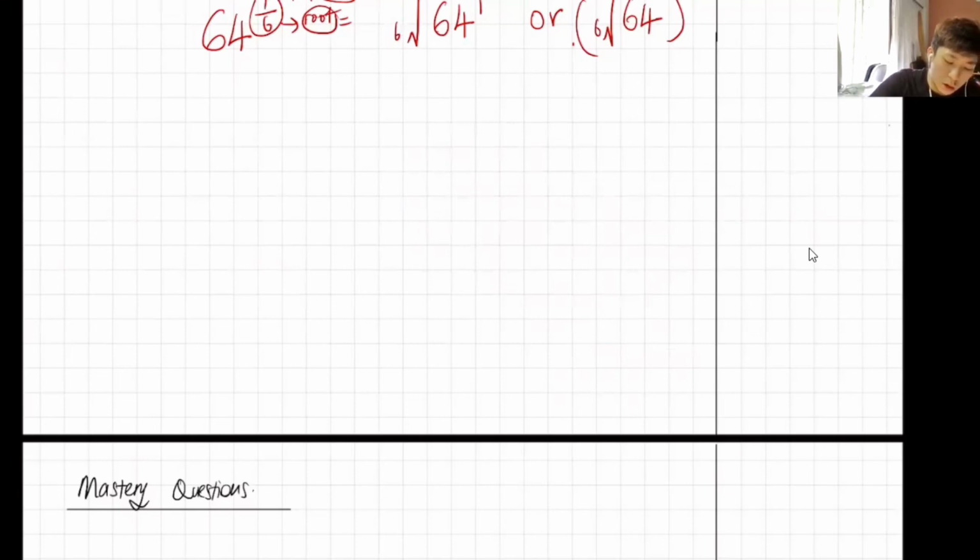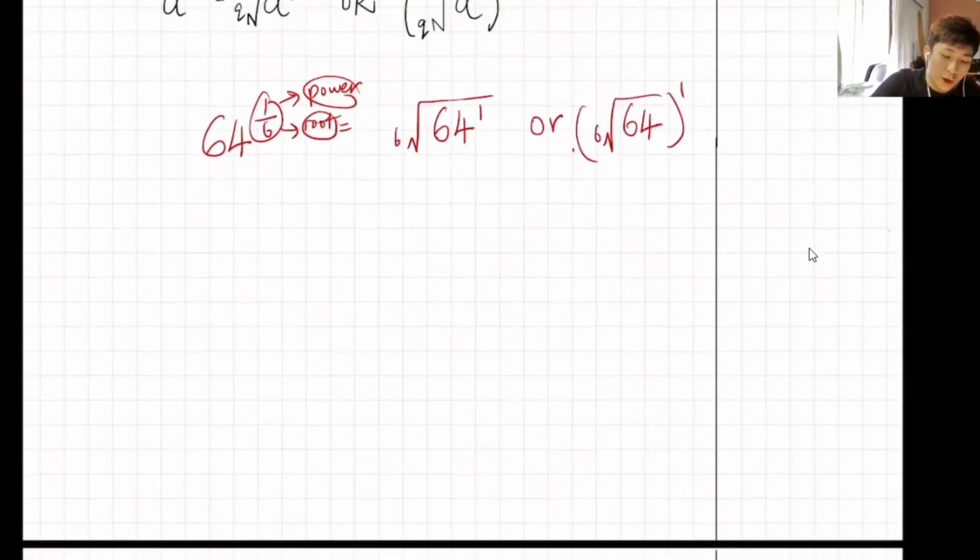So you take the 6th root, right? So how do you type it in the calculator? You type 6, then I'm using the Casio 570 MS, but I think it works for every calculator. It's just whether the buttons are the same or not. So what you do is 6, then you press shift,